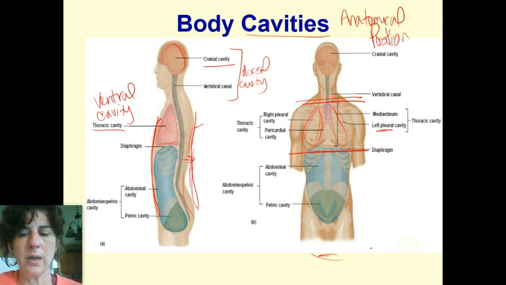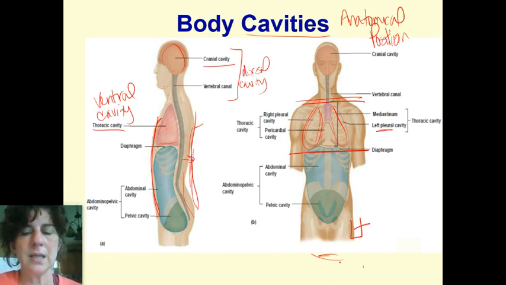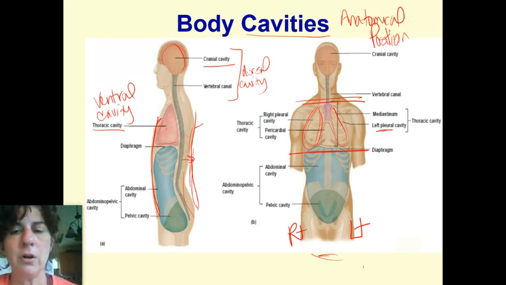So as I'm writing on the screen, I'm using my right hand to write. So that's this side, and then this side is my left hand. But that's not what I'm looking at. I'm not talking about me. I'm talking about this guy. So this is his left and this is his right. And you always have to refer to the person that you're looking at, not to you.